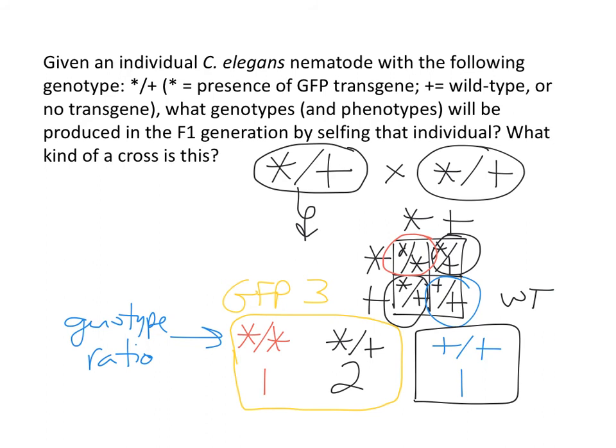So dihybrid cross, don't have to memorize this, you should be able to recreate it for yourselves, but the genotype ratio from the monohybrid cross is 1 to 2 to 1. And the reason there's a 3 to 1 ratio is because you add those 2 genotypes, 1 part homozygous GFP and 2 parts heterozygous, to tell you the total number of worms that have GFP, green. So 1 to 2 to 1 genotype ratio, 3 to 1 phenotype ratio, those are important to be able to distinguish.